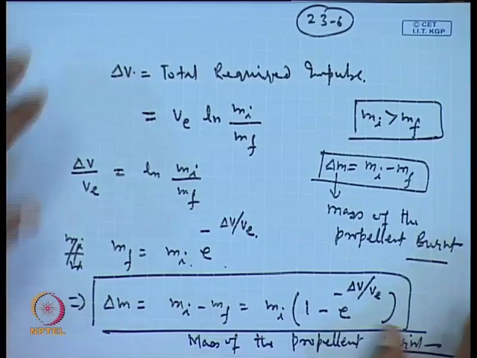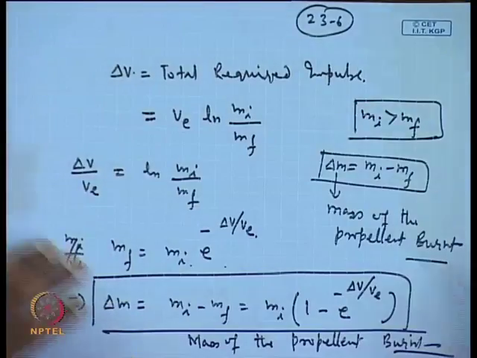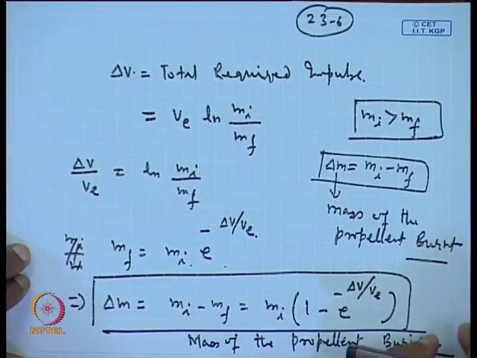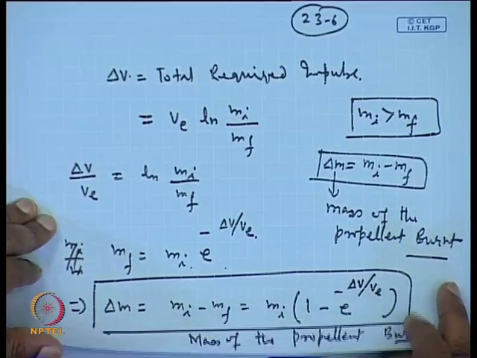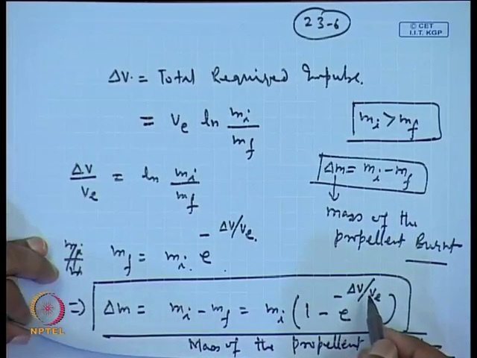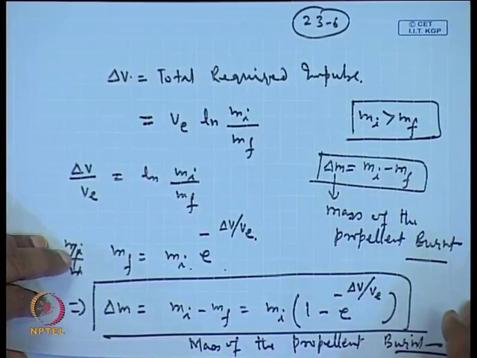So, you can see how simplified this equation is. If you need to do some maneuver, you just calculate the impulses required in various places, and then using this equation that we have developed for the rocket, the total amount of propellant required can be computed. Okay, once we have done this, now